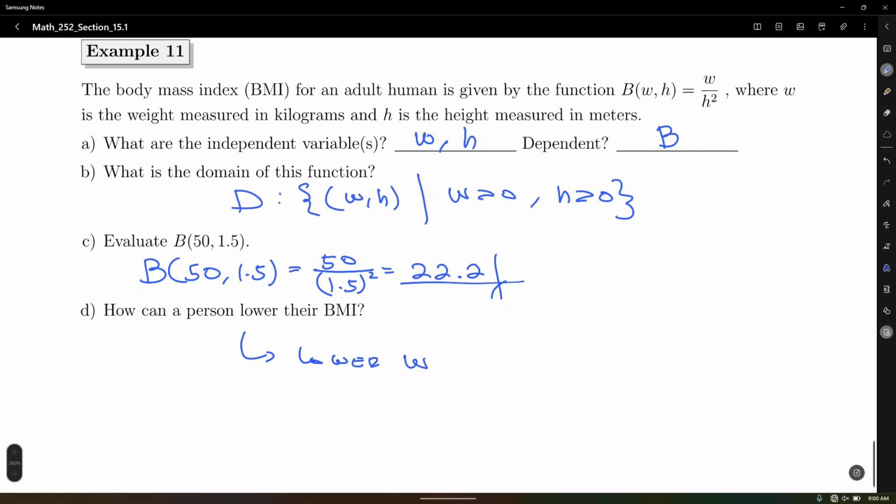Lowering W. Another way is to increase the value of h, but can you get higher and higher and higher? Yeah, that's why children are recommended to play basketball, right? To get taller and taller. But well, there is a limit, right? You cannot get as tall as you want. So that's the only solution here. And with this,